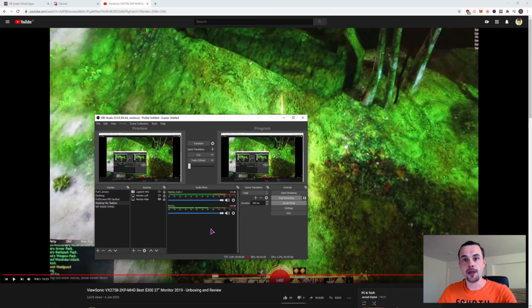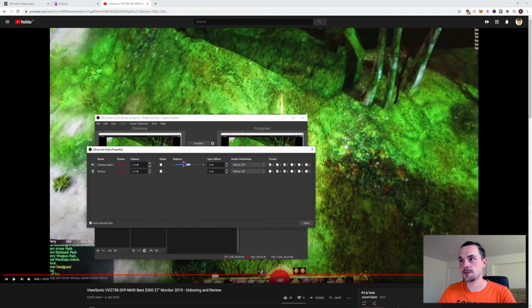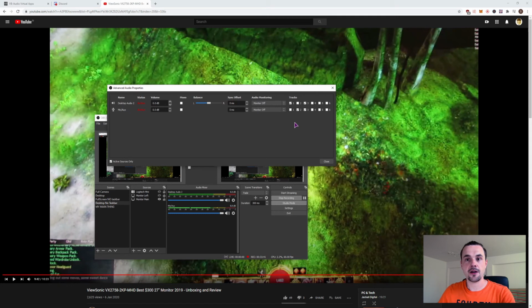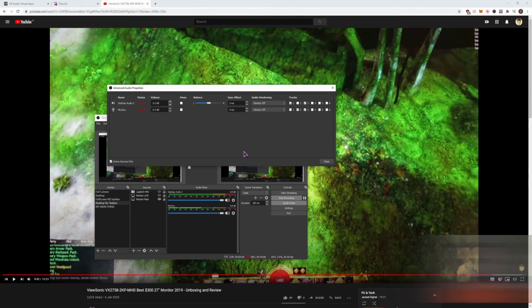So what you can also do in OBS if you have a lot of audio devices, I just have 2, but you can right click, go to the advanced audio properties, and specify in which channel each audio should be. So the desktop audio is in channel 1, microphone is in channel 2, and both of them were combined into channel 3. If I would have more devices, I could specify in which channel each one should be. This makes it a lot easier when it comes to editing in software such as DaVinci Resolve, which is free. And you can check my basic video editing guide that will pop up.